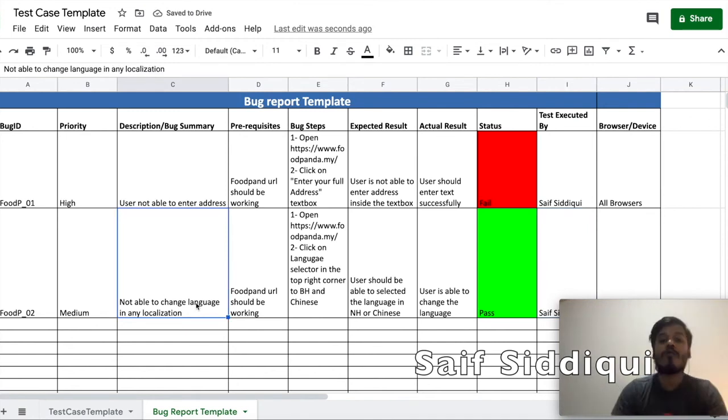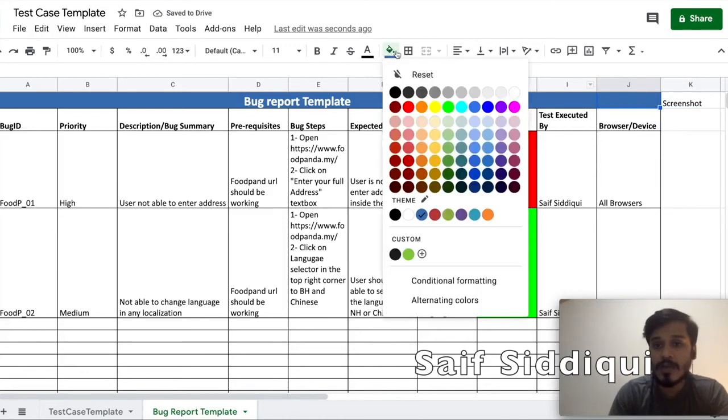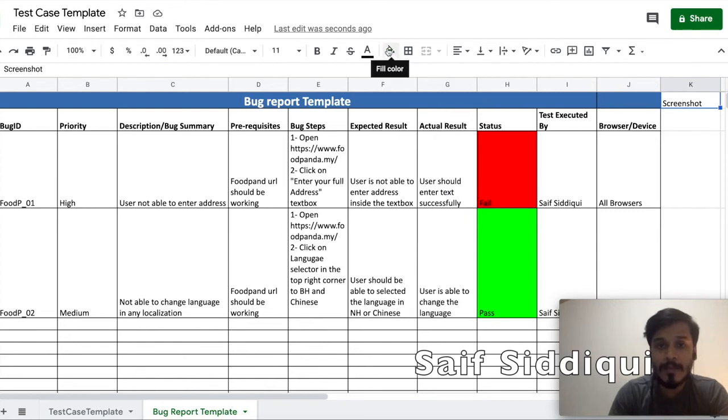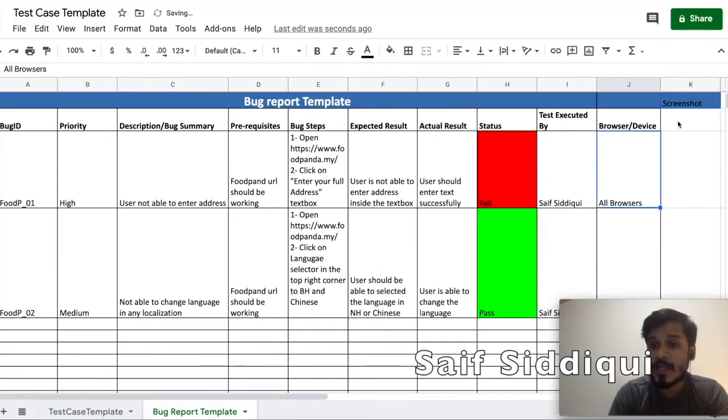So this is how we are going to write all the bug reports, and we can also add screenshots or logs somewhere, so it will help to identify the issue easily. And this is how we should write the bug report. We should add all the logs, all the screenshots, all the videos, whatever we need, so it will become very easy for the developers to fix the issue.